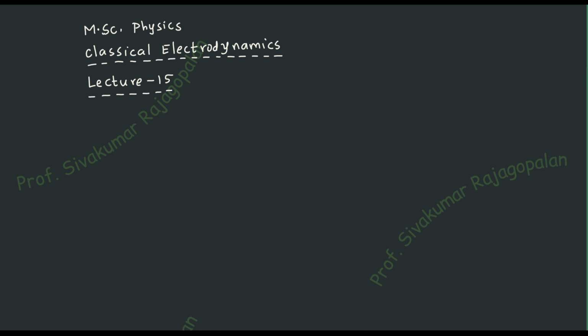Hello students, welcome back to the next lecture on classical electrodynamics, and today's lecture is lecture number 15. In the previous lecture, namely lecture number 14, we have seen the definition for the linear dielectric, and when the linear dielectric is also considered to be homogeneous, and the classification of the dielectric into isotropic and anisotropic dielectrics. So these are the topics that we have seen in the last class, and even before the previous class